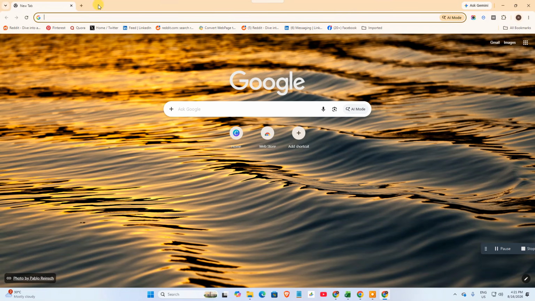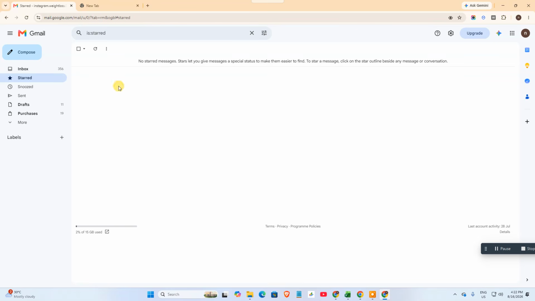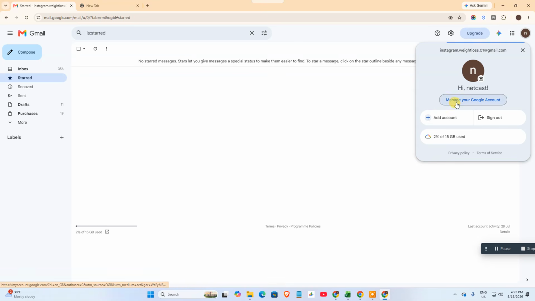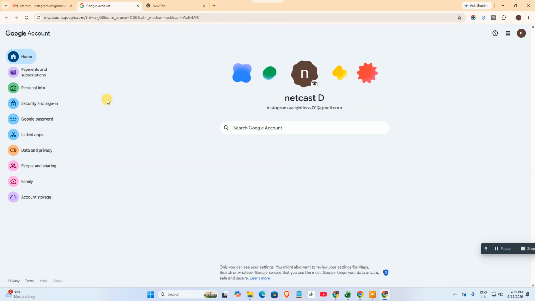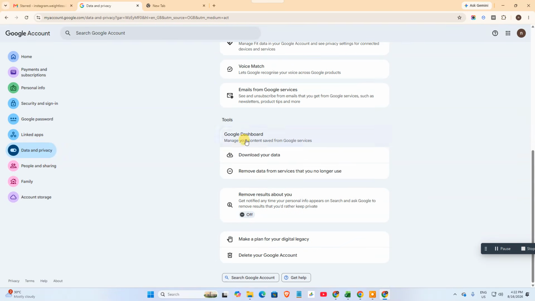Okay guys, so here we are. This is my Google account. You need to just log in with your Google. Okay, once you log in to your Gmail account, go here in your profile photo and go to manage your Google accounts. So here you can see your Google accounts, and we need to go in data and privacy because we need to download emails. Okay, so here you can see all the data. Scroll down, and here in the Google dashboard, you can see the option called download your data,